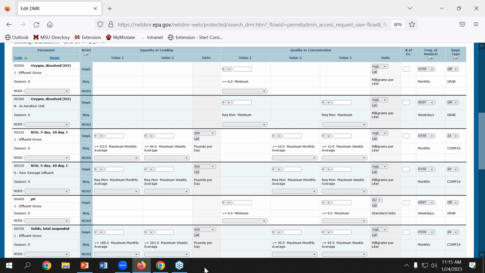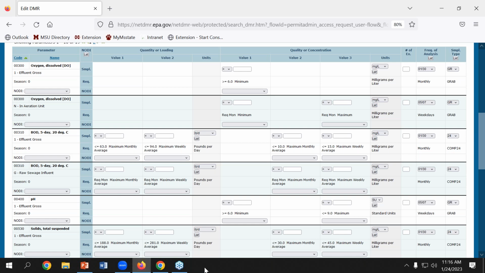Of course, there's not any permit limits on the BOD influent, but there are reporting requirements. Let me mention this on the loading. The loading, of course, is a calculation that has to be performed that includes the flow. So on your sampling data from your lab, there should be information that would indicate the flow on that particular day. You'll need that information in order to calculate the loading.